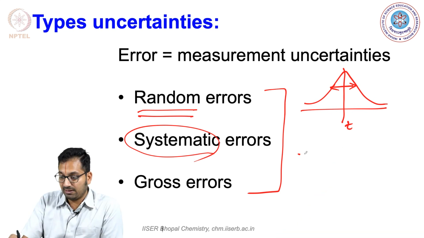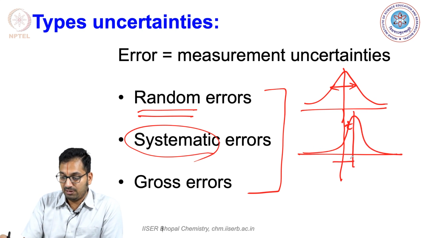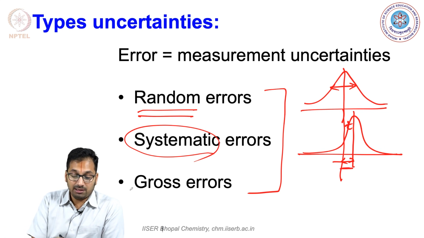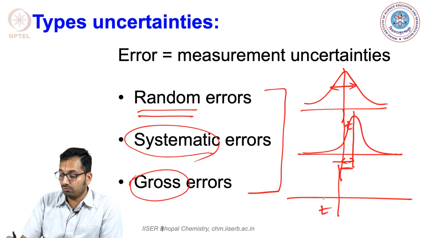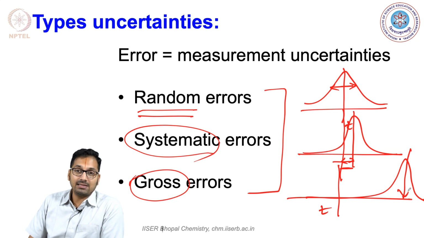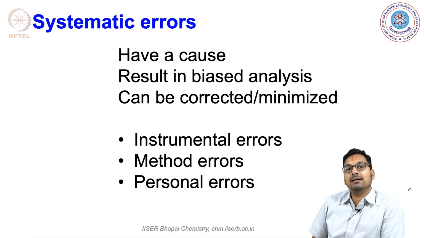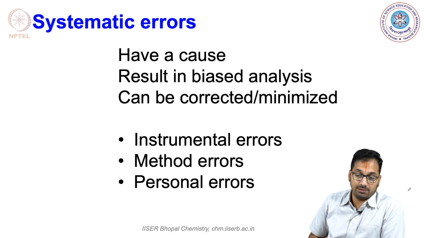What do we mean by a systematic error? Let's say this is the true value that you're looking at. You made some mistake which you reproducibly made, where the true value and the measured value end up being subtly different from each other. On the other hand, you could also have gross errors which completely take the measurement away from the actual value, clearly indicating an outlier, and these are errors that can be easily figured out and minimized as you do an experiment.